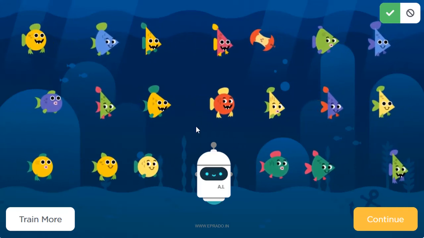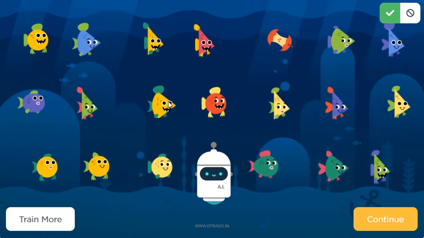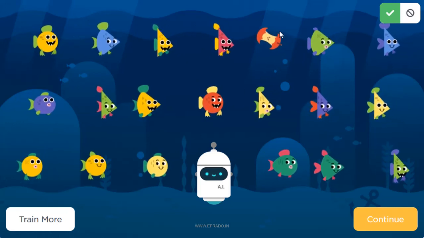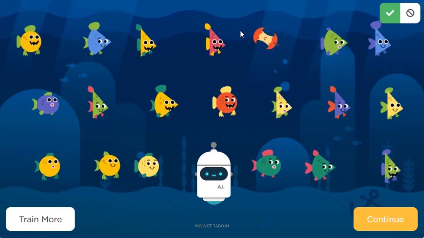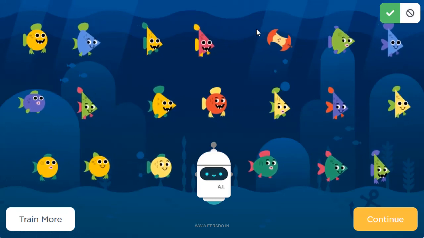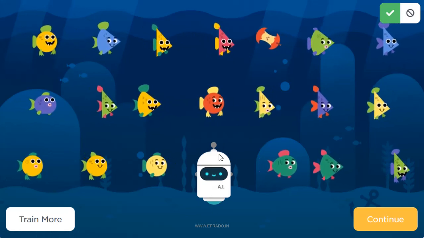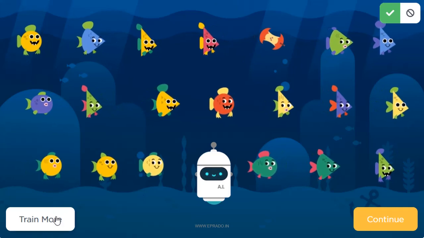So the robot has mostly selected the fishes and stored them in its memory. Even though there are some objects, it is considering them a fish, even though they are not a fish. So in order to make the robot completely know about the fish, we have to train it more.